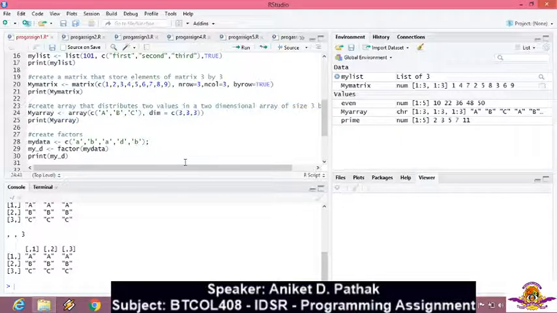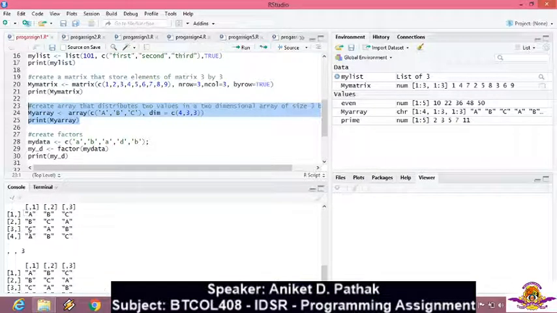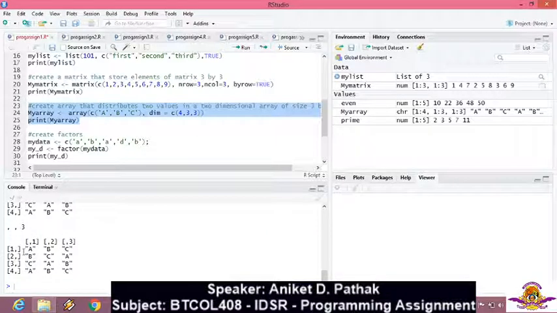Now if I change it to 4, let's see what happens. See, now if I give 4 rows, A, B, C, again A, B, C, A, B, C, A, B, C. If you observe over here, A, B, C, A, B, C, and that is going on in a similar way. So the array concept that you use in traditional programming languages is quite a bit different over here, and you will have to study it carefully.